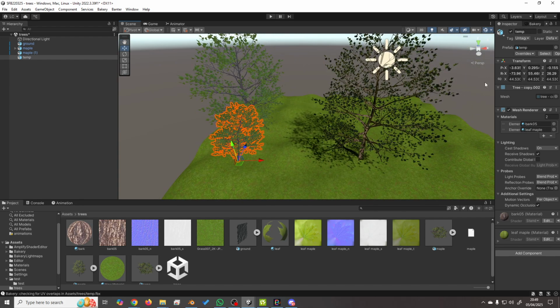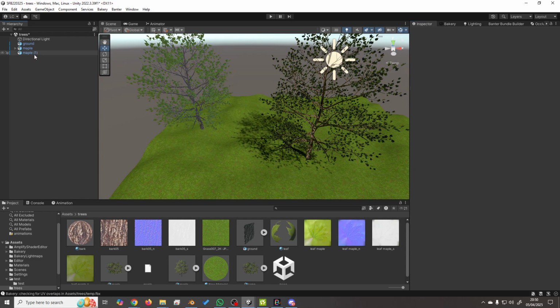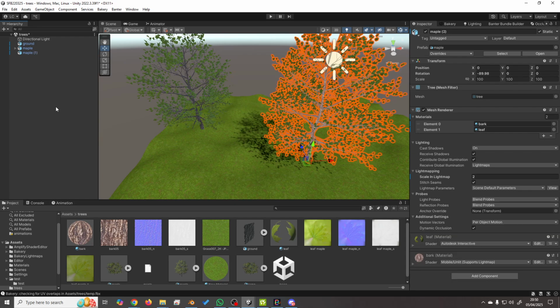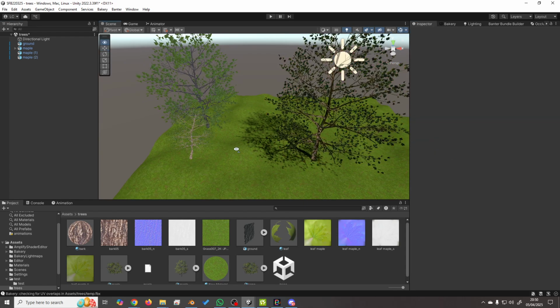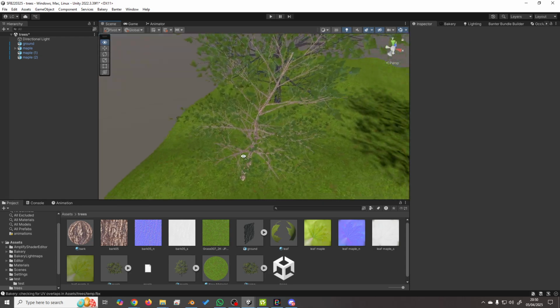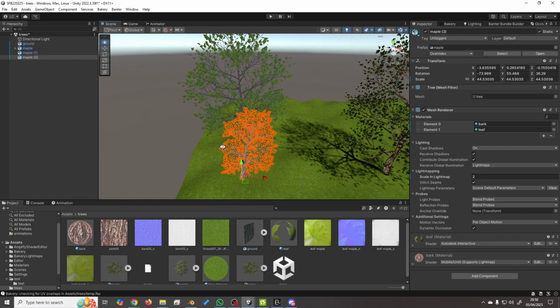All I would do is right click on transform, copy component. I can delete that now. I'll duplicate this tree, right click, paste component values, and we've used the same mesh